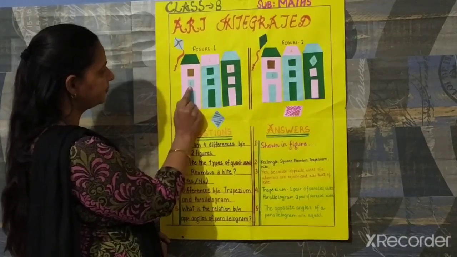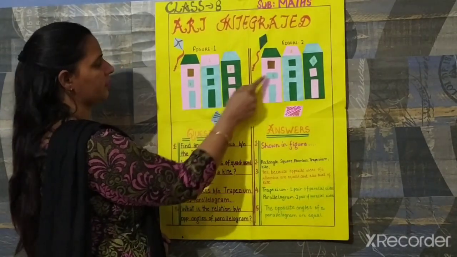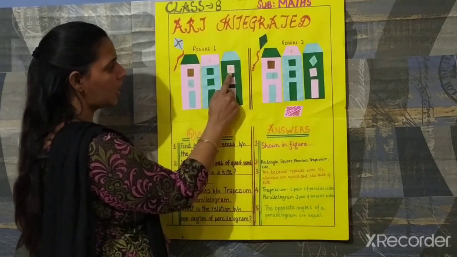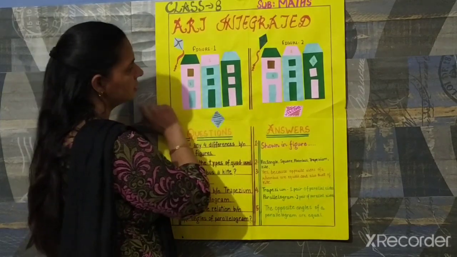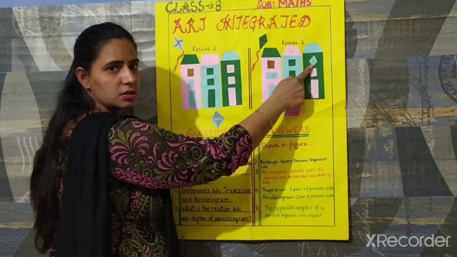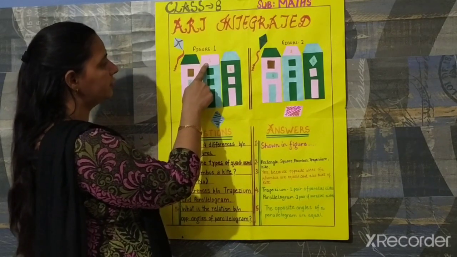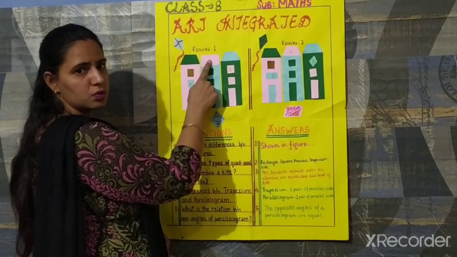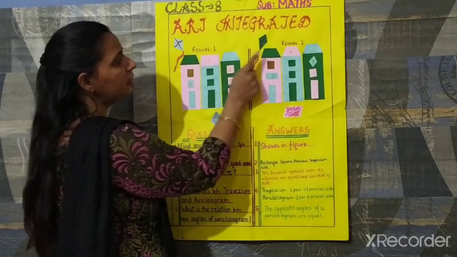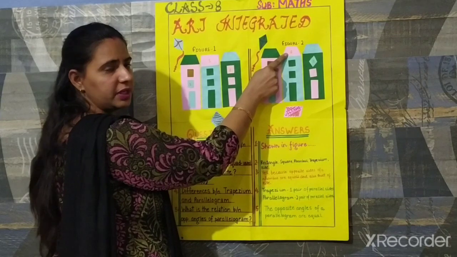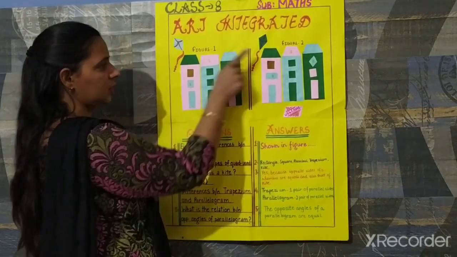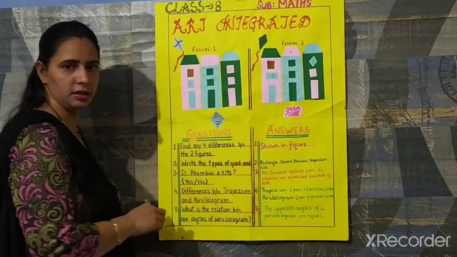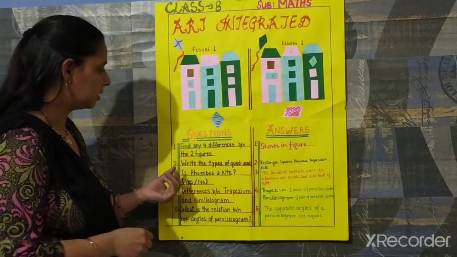The second difference: you can see these 2 rectangles. The third difference you can see in this third house: this window is a rectangle and this is a rhombus. And the fourth difference is the second house. The roof of the second house is a rectangle, and the roof of the second house in society B is a trapezium. This is a trapezium, with only one pair of opposite sides parallel, and this is a rectangle. So you can make it more interesting.